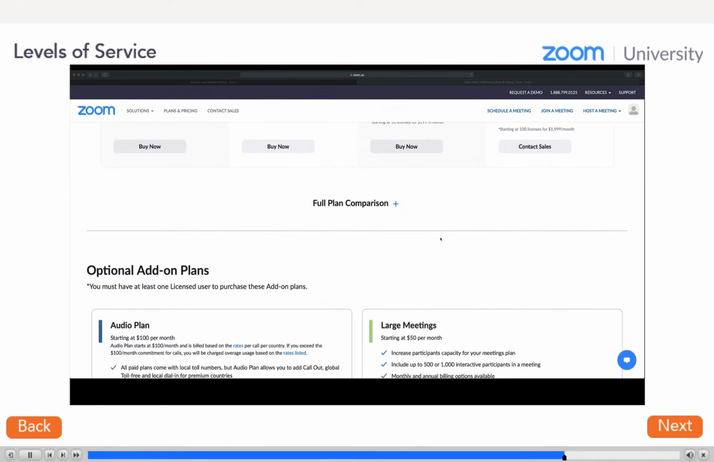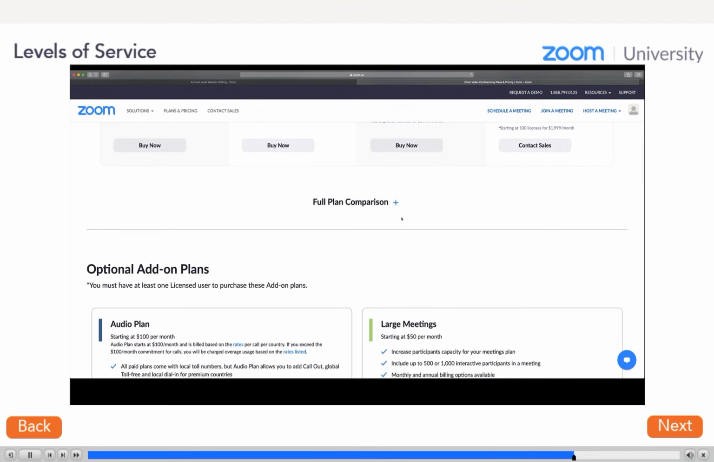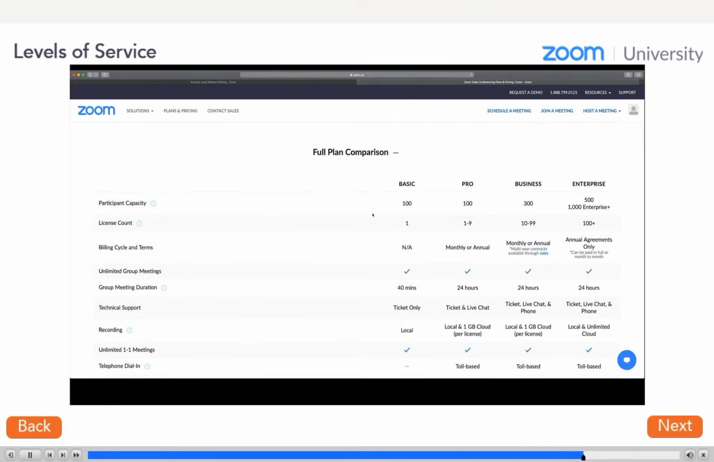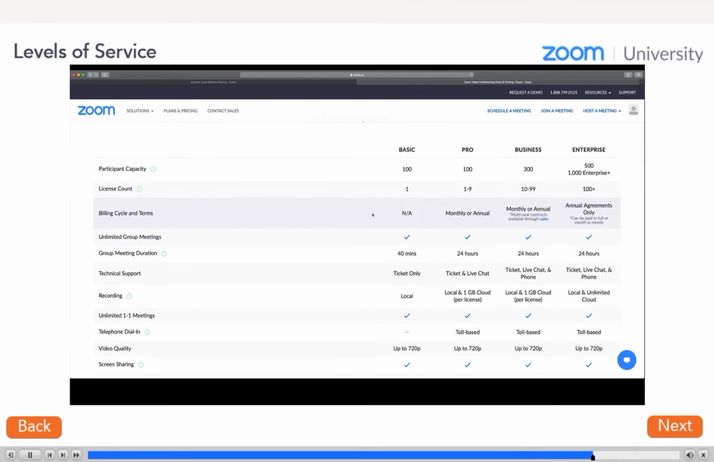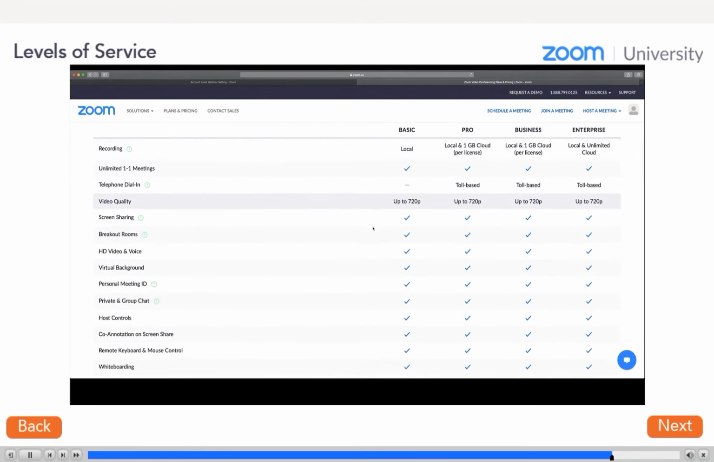The other thing that I want to point out here, because it's actually relatively new, is the full plan comparison. So you can click on that plus sign. I would recommend doing so because it actually provides a really handy reference here to show the differences between basic, pro, business, and enterprise. And so you can scroll down here and you'll see what is supported, what is available